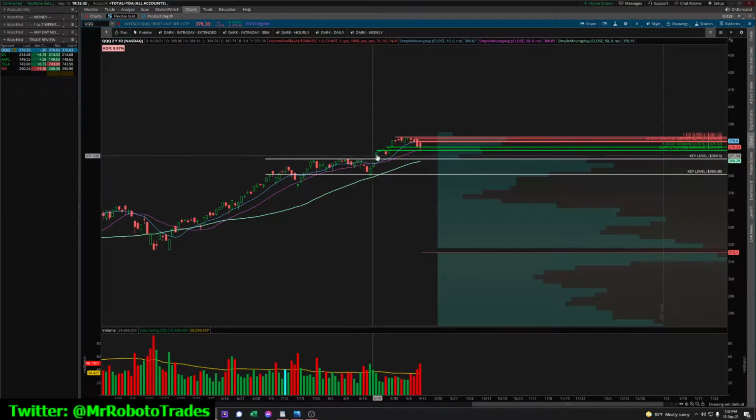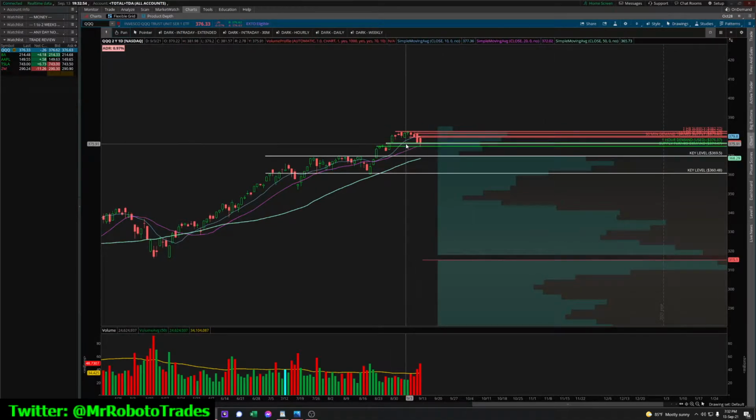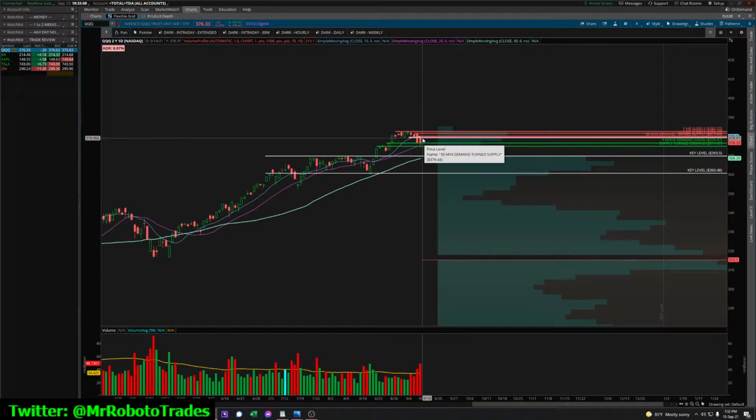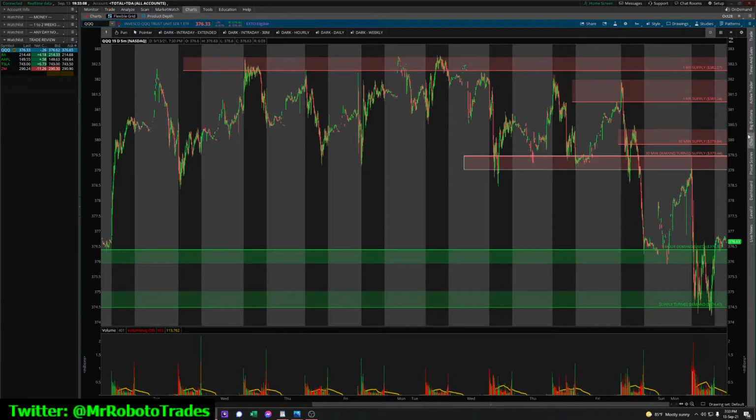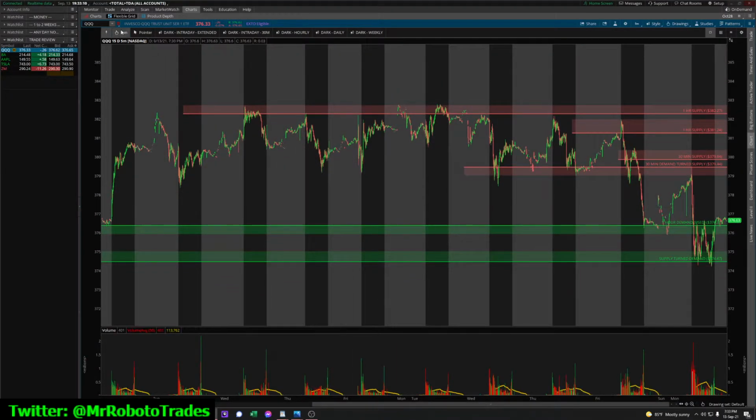But so on Friday, we didn't quite get to the 20 moving average. And today I thought there would be a good chance that we would test the 20 moving average. I also thought there would be a good chance that we would just rip up and reclaim this range from last week. But you can see that didn't quite happen, and we can see that what happened today was this